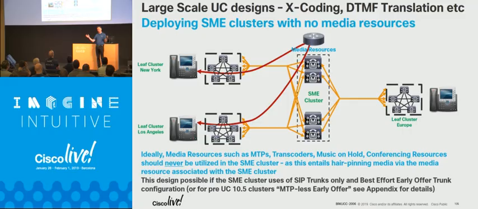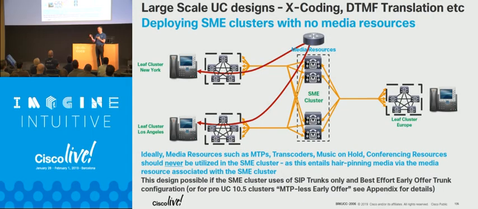If you've got multiple legs, if you have one side that's coming in with a delayed offer and one side that's going out with an early offer, then you've got a call coming from a system that says, I'm not giving you my IP addresses, I'm not giving you my codecs. But on the outbound trunk of SME, you are required to send the IP address of the device and the codecs that the device supports, but you haven't got them,